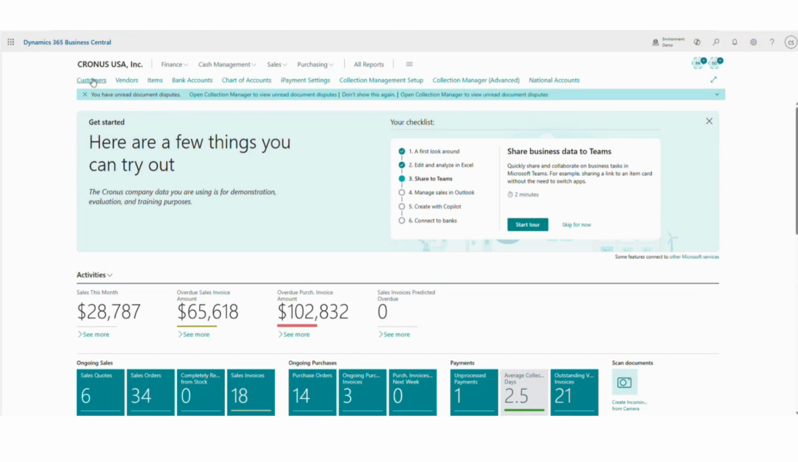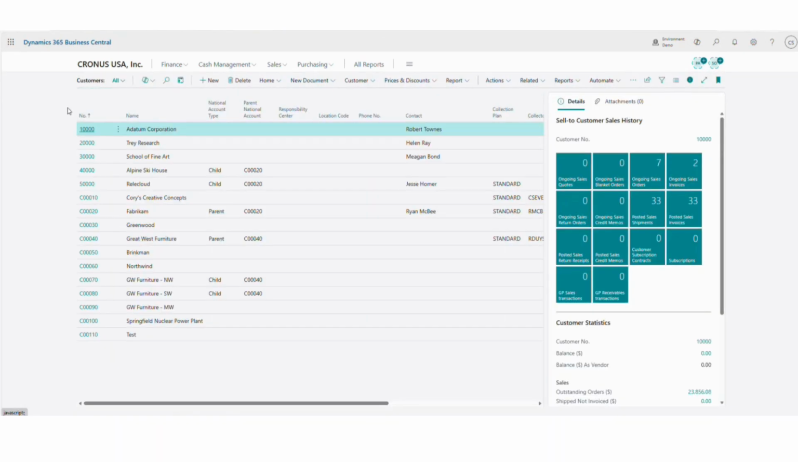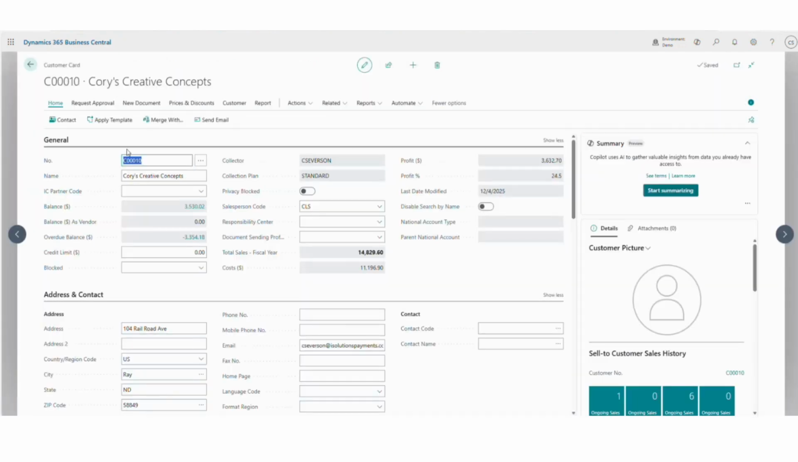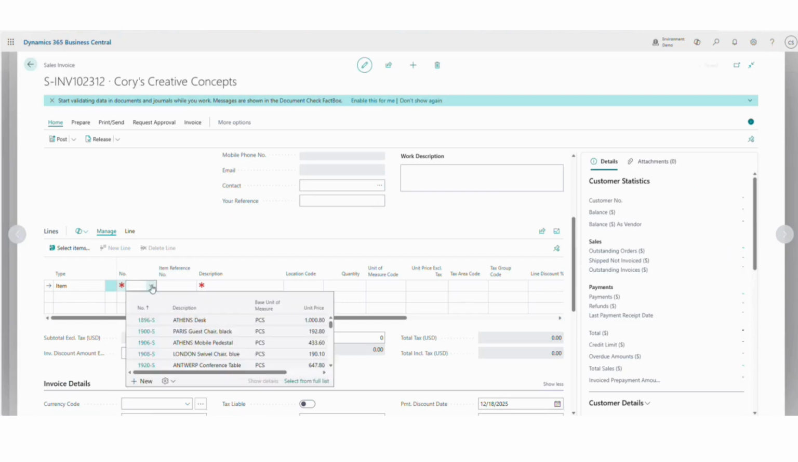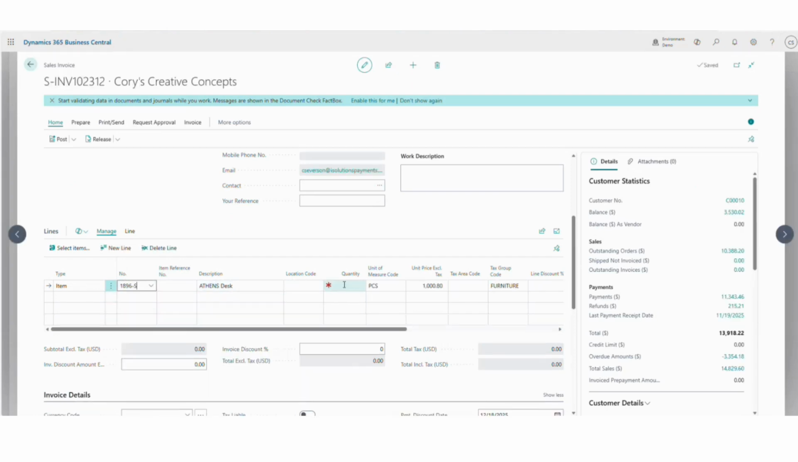So first thing I'm going to do is just go into the customer card, and I am going to find Corey's Creative Concepts, and we're just going to go in and create an invoice. So I go new sales invoice. We'll scroll down, and I am going to select an item, add a quantity. And from here, if I post the invoice,